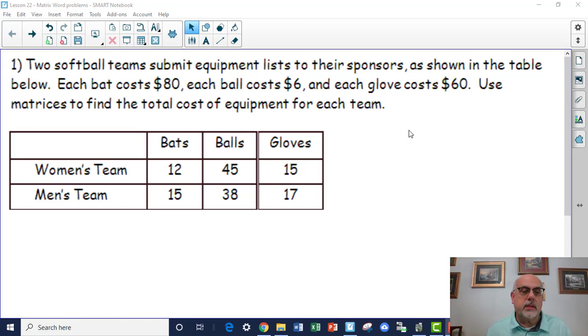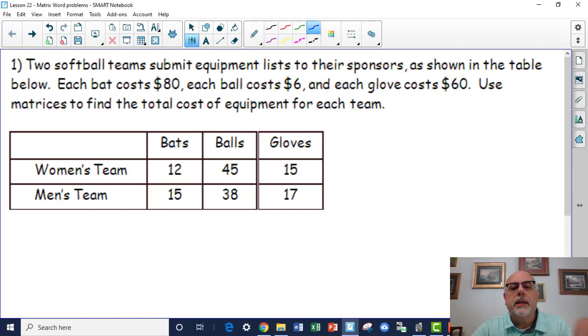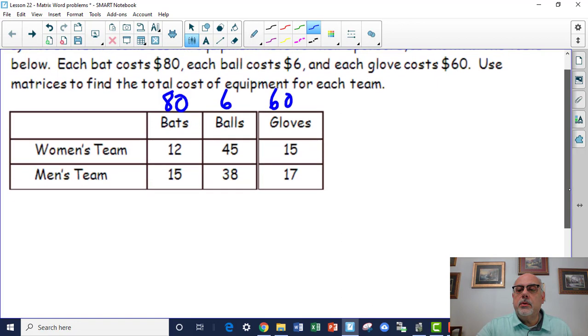So if we take a look at this, bats are $80. So what I'm going to do is put an 80 above the bats. Each baseball is $6 and gloves are 60, because we're going to need that in order to find the total cost. Now you could multiply everything out by hand, but let me show you what happens if you construct a